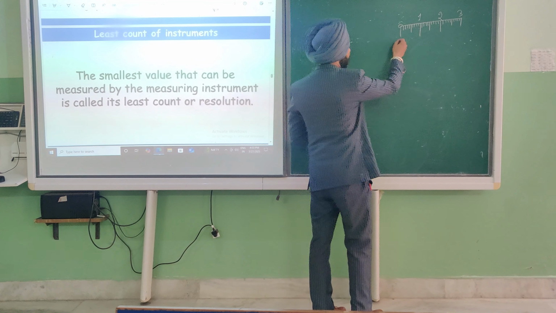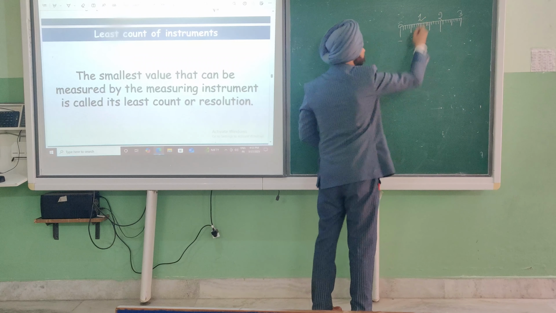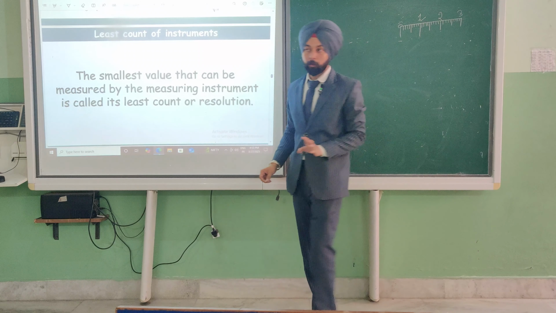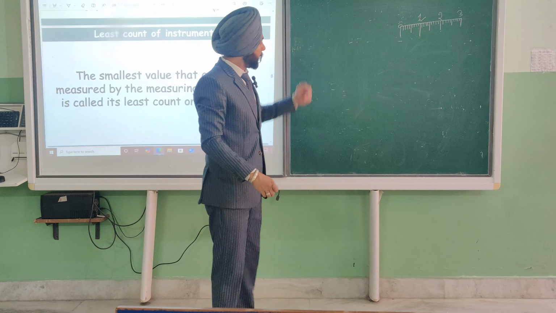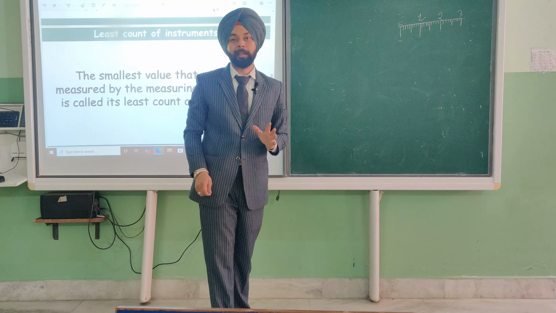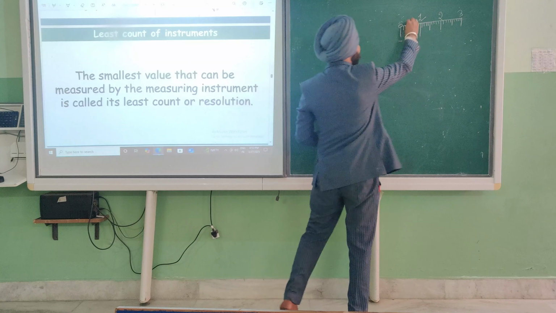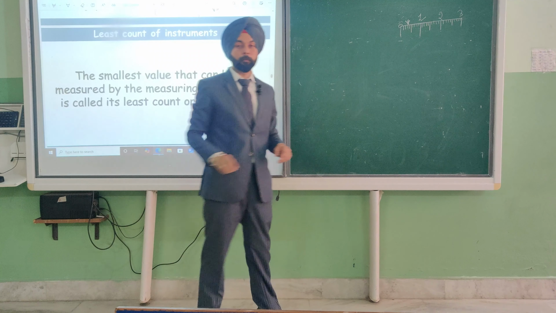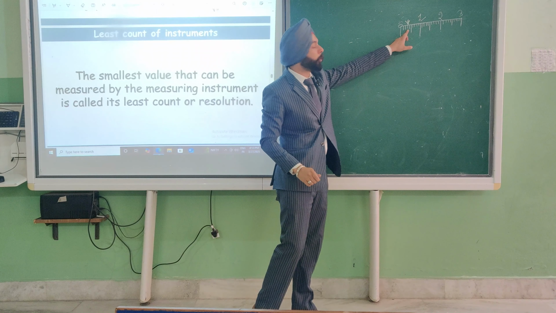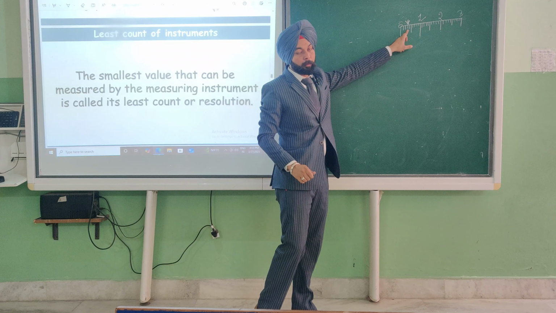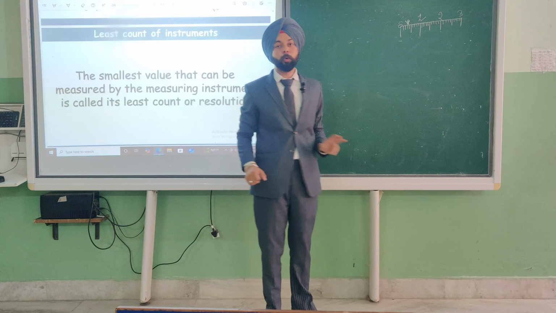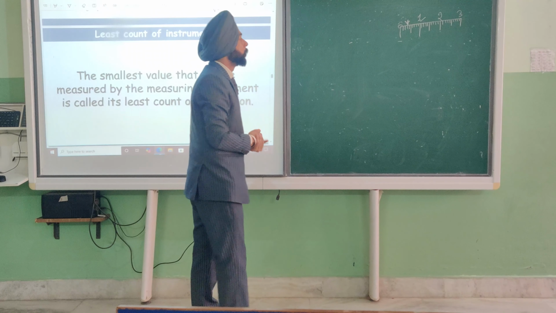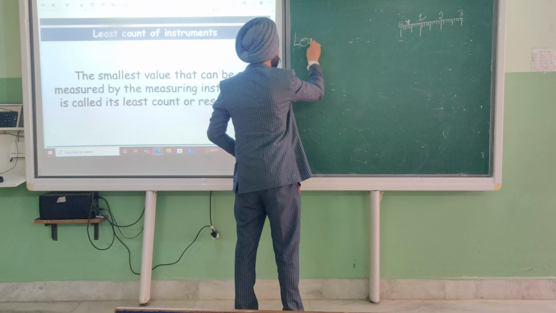Okay, now you know this one's value is 1, this one is 2, and this one is 3. It's visible, this is marked on the scale. But if we want to find this value, how do we find it? How will you measure this value, the smallest value? With the help of least count. Least count is equal to